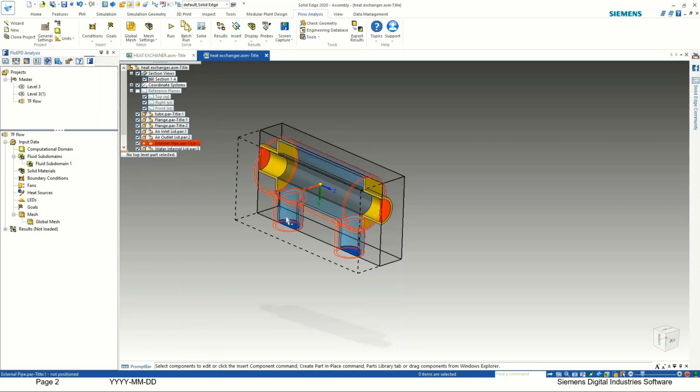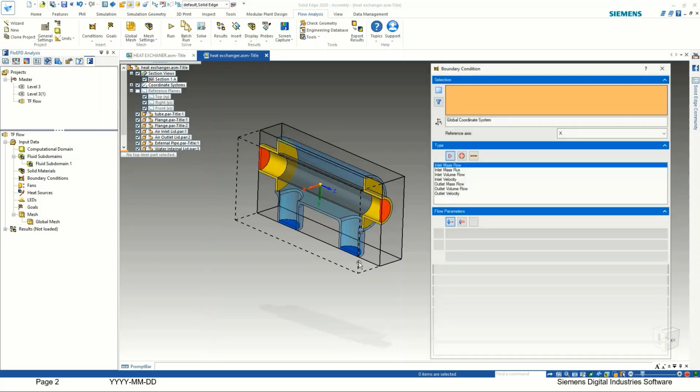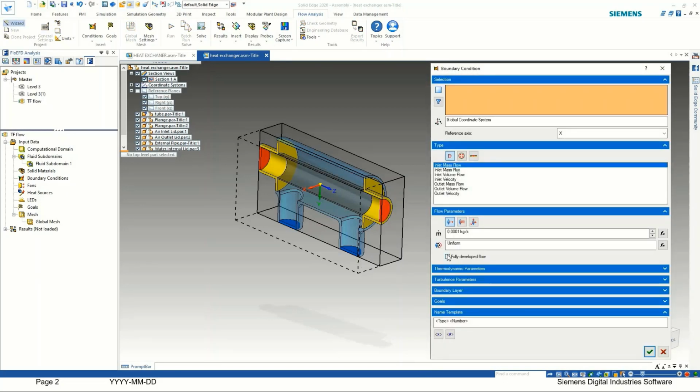And now let's apply the other boundary information. By default, if this part is air, then the other volume is water, and let's apply the boundary condition to the inlet of air, so the fluid is getting in. You can define fully developed flow also. In that case, it will reduce some iterations, because we are taking it as a fluid which is coming in fully developed with a certain velocity, and that is true for laminar flow.